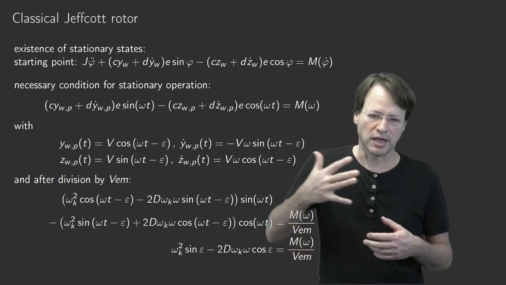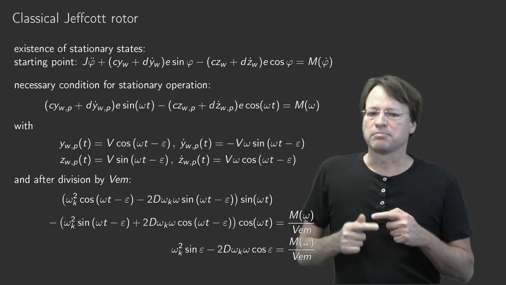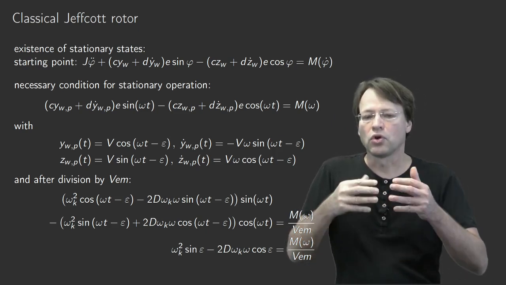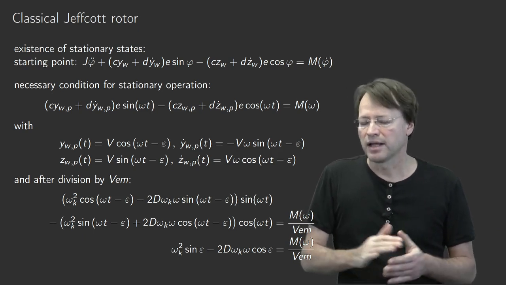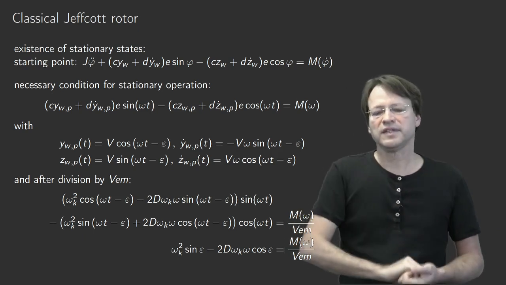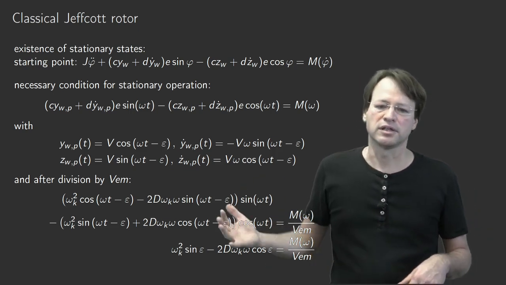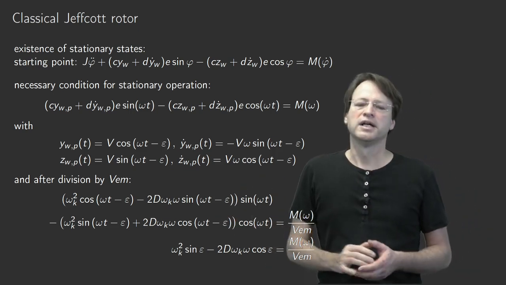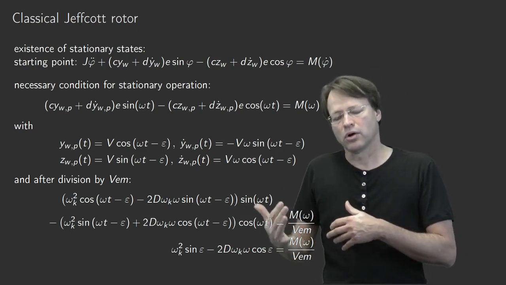There will be an angular acceleration, a positive angular acceleration. By that positive angular acceleration, of course, the rotational speed will increase, so there is no stationary operation until that increase in rotational speed leads to an increase of the system torque and then balances the driving torque again. On the other side,